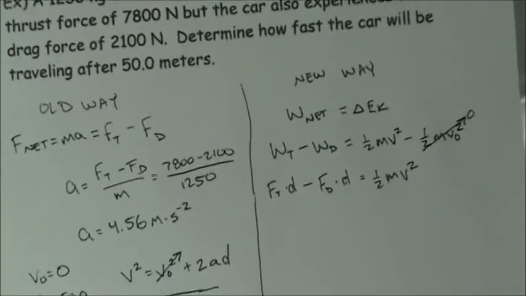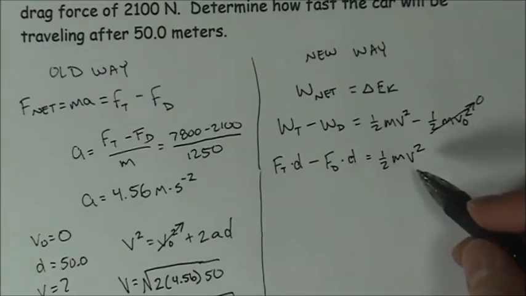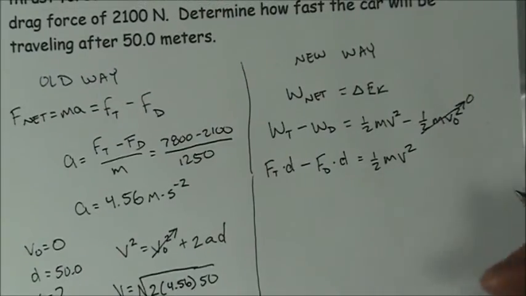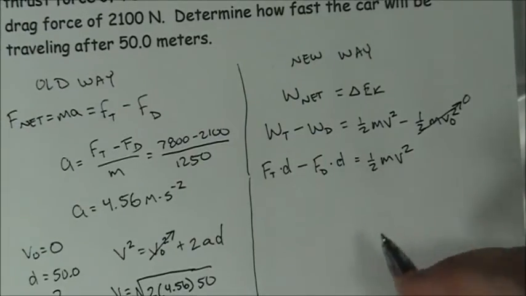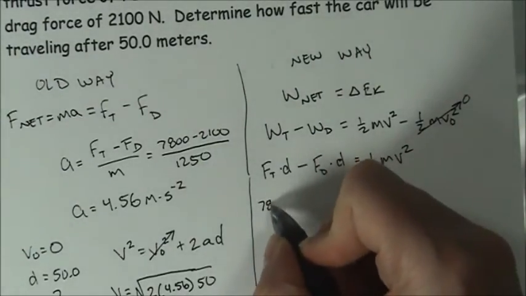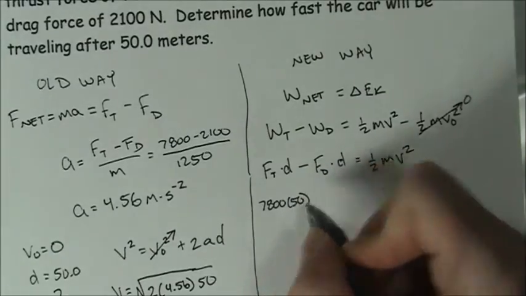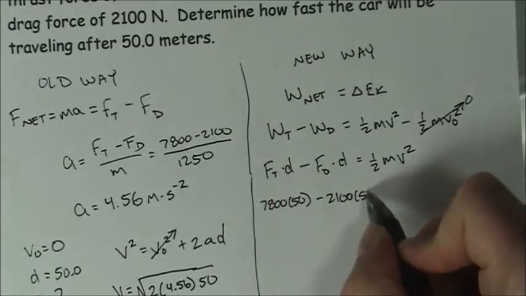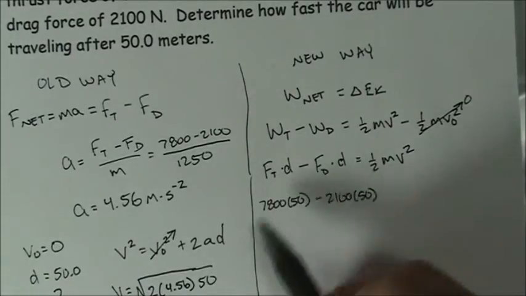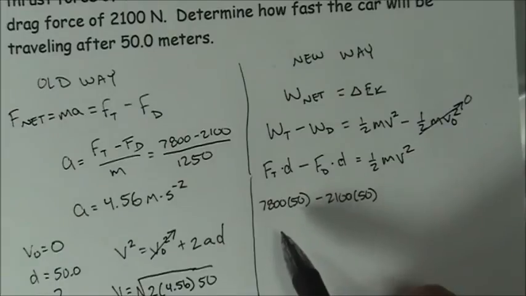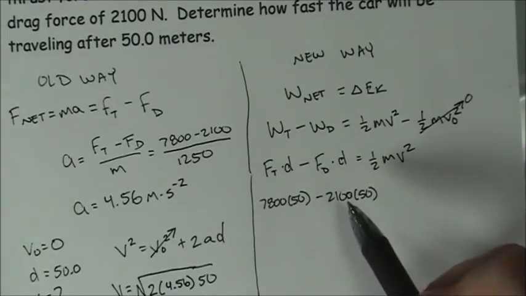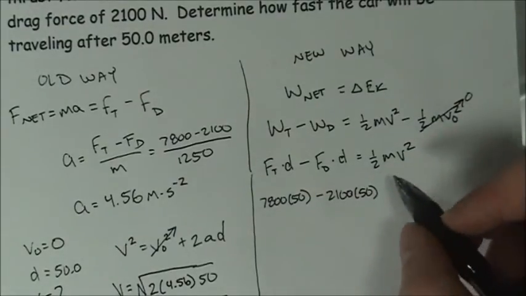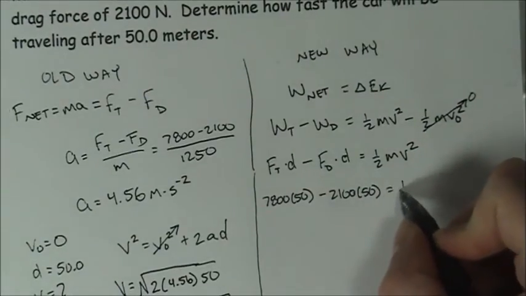Now we could do the algebra, so we certainly could just solve for v right now. It's kind of a big mess, the equation, so I'm sure you would prefer to just go ahead and start plugging the numbers in right now. So we have 7,800 times 50 minus 2,100 times 50. Okay, so that's going to give me the total work that was done. The positive work from the thrust, subtract out the work that we lose from the drag force, and again, that'll mostly be turned into heat and also maybe a little bit of sound, and that will be equal to 1/2